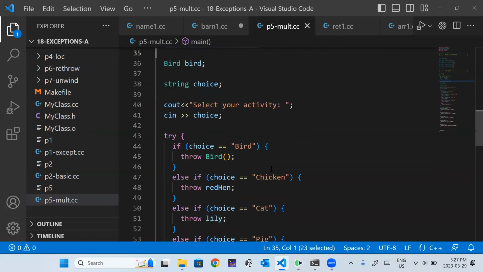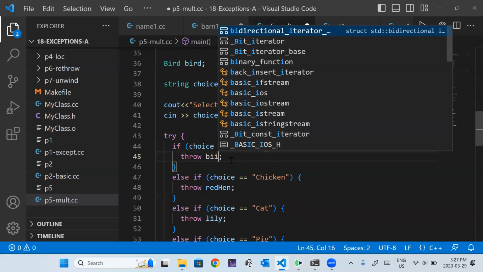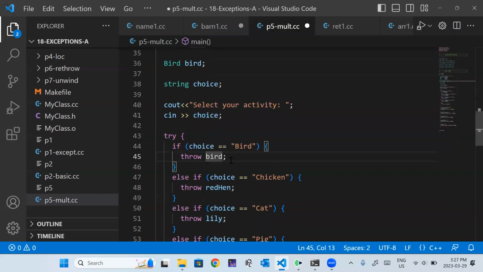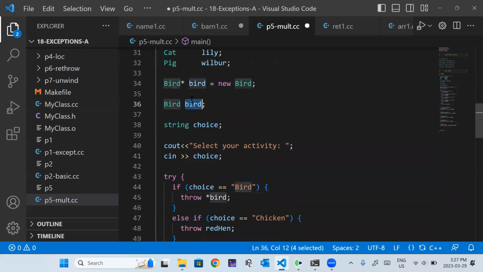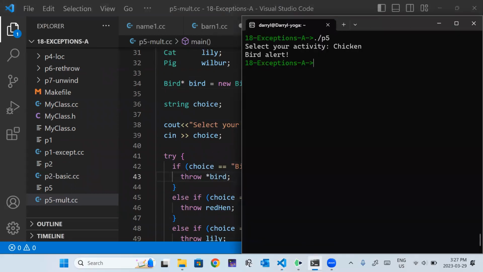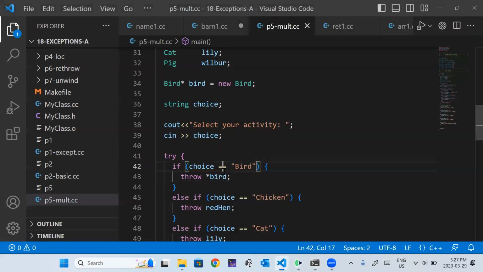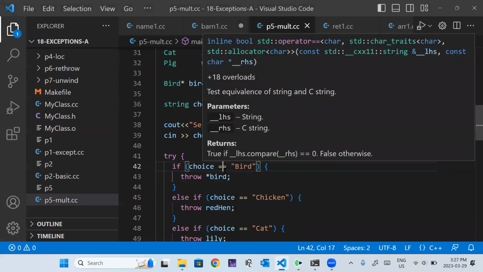If I threw this bird, I could throw that. Now this is a dynamic piece of memory, but yeah, I don't know. Sure. Bird alert. No, it still catches it, but now I potentially have a memory leak. So yeah, that's a good point.